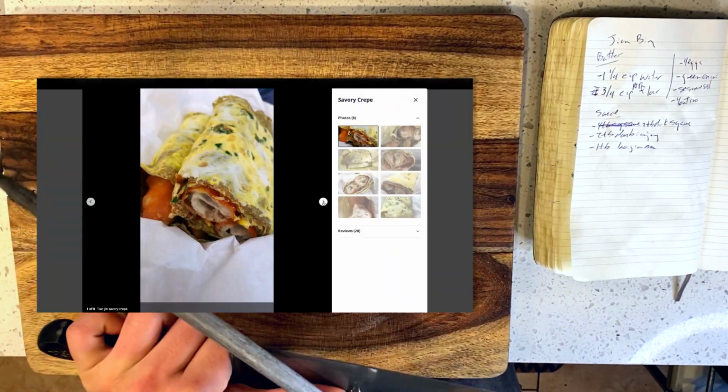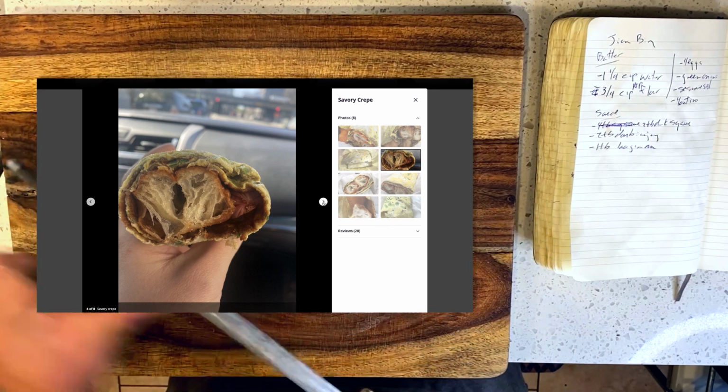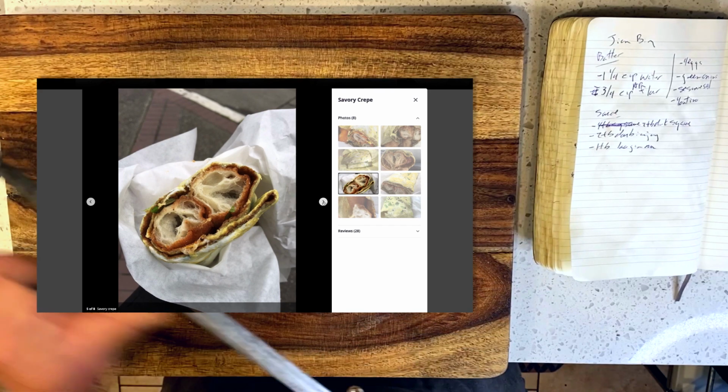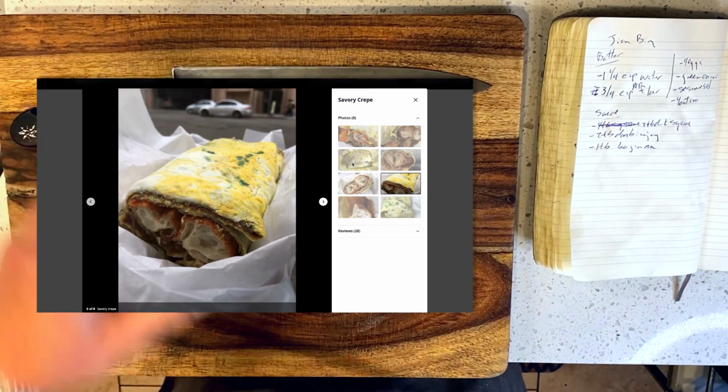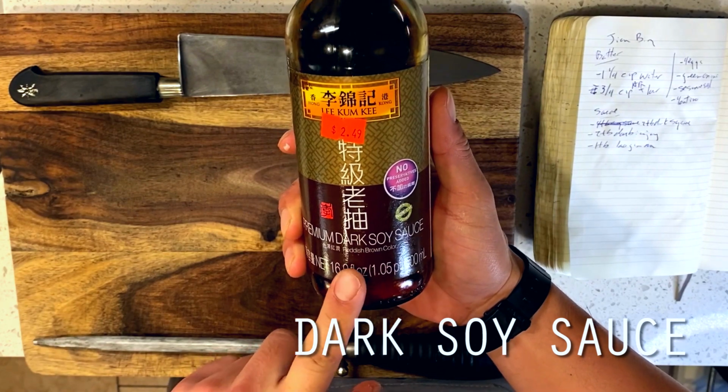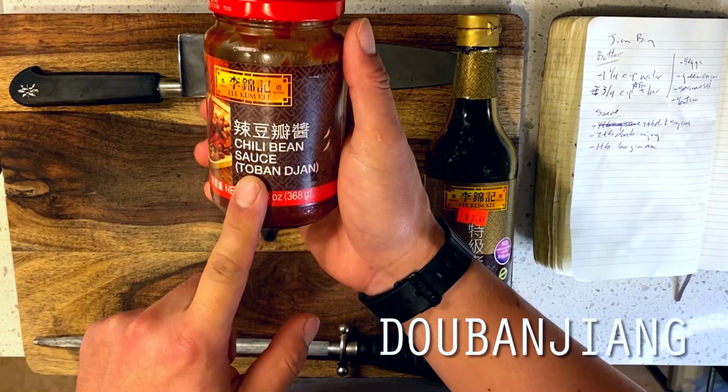Now, to be fair, true to their name, they do also have a wonton soup, but I've only ever had their Jian Bing, and I feel like that's what they're best known for too, so I don't know. Either way, for those who are not familiar, a Jian Bing is a Chinese street food classic that is colloquially